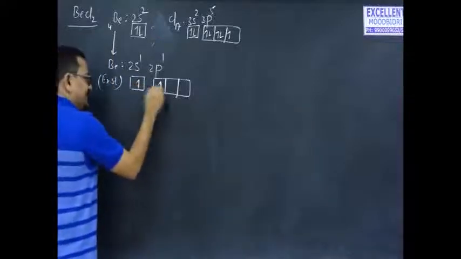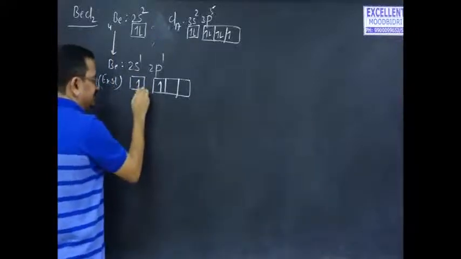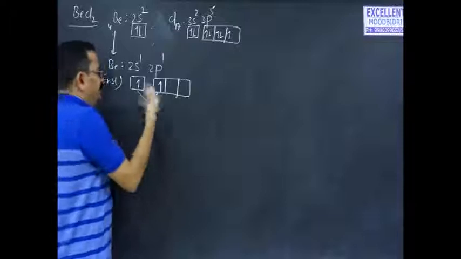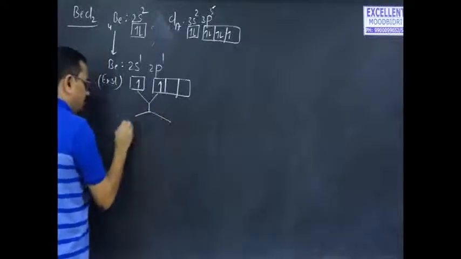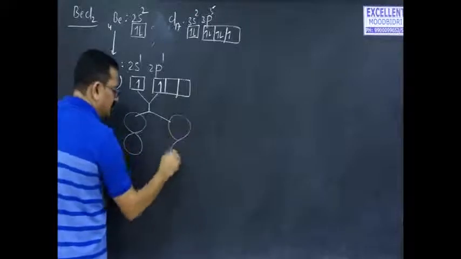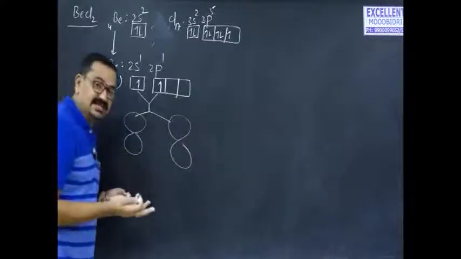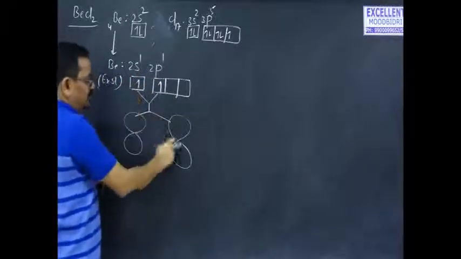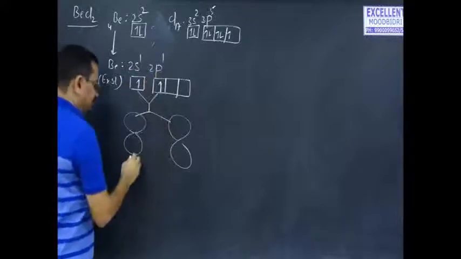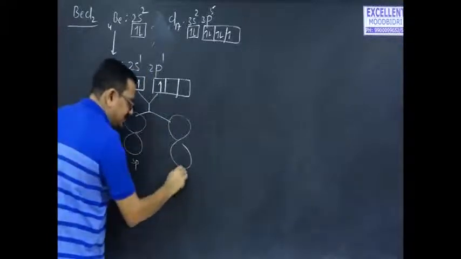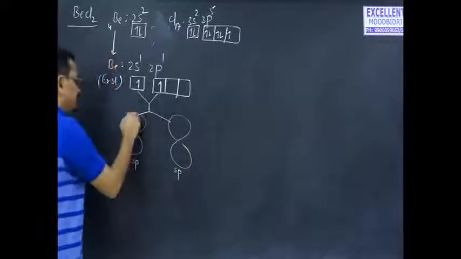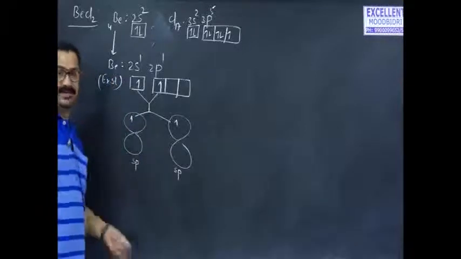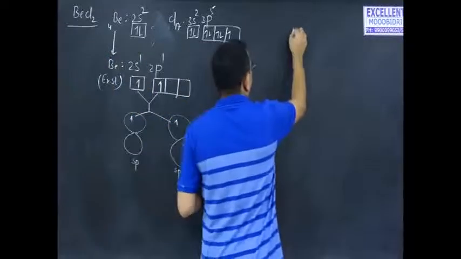Now instead of directly participating, this s orbital and p orbital will intermix and redistribute into two identical orbitals called hybrid orbitals. What is the designation of these hybrid orbitals? How many orbitals are getting mixed? As these two are formed by the combination of s and p, this is called the first sp hybrid orbital and this is the second sp hybrid orbital. Both have an unpaired electron. Thus, beryllium has two identical, half-filled sp hybrid orbitals, which orient in space